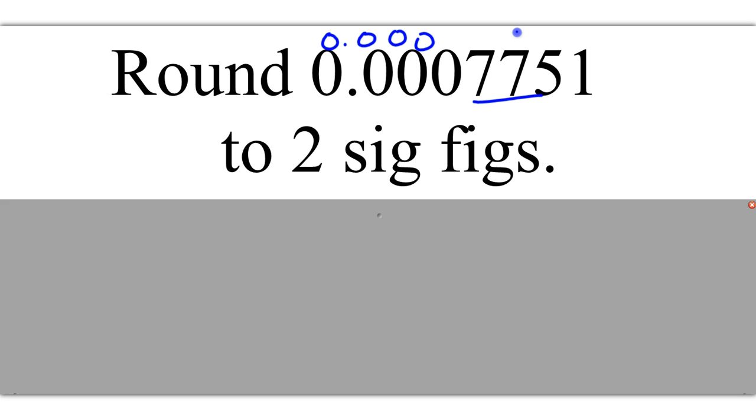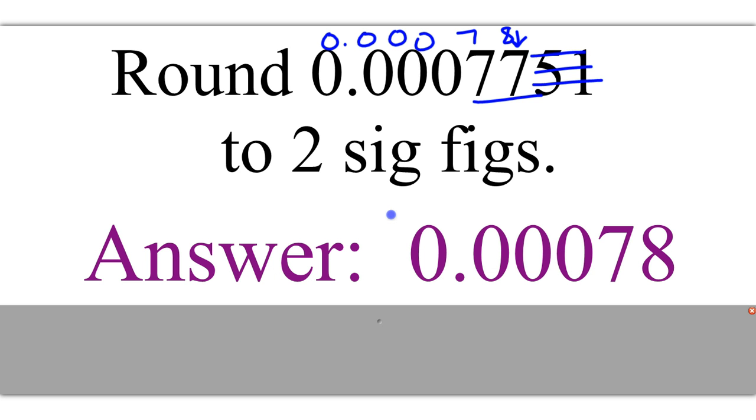This 7 is followed by a 5, which is also followed by more non-zero numbers. So it's a high 5, which means my 7 will round to be an 8. The 5 and the 1 will drop off, because if we kept them or changed them to zeros, I would have more than two significant figures. So